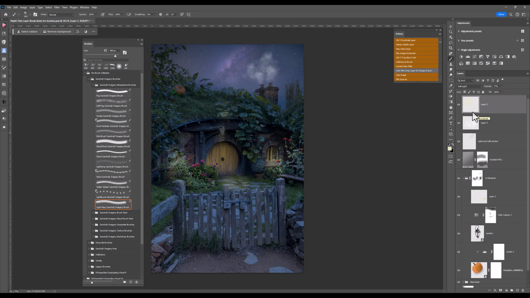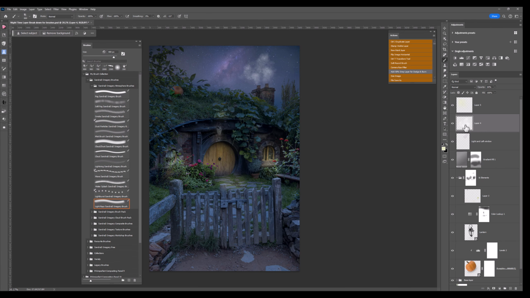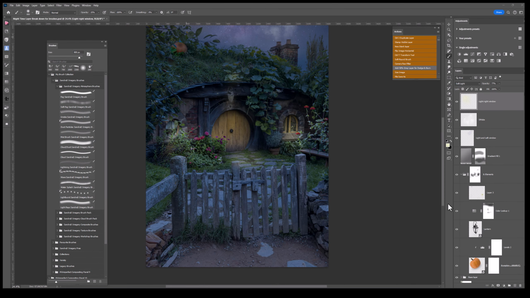So I'm going to go back down to layer 4 and click on it. And I'm going to drop the opacity even further down so it's very subtle. Now I'm thinking, I'm working with this, I can actually do more. Now before I start playing a little bit more with adding light and using Photoshop brushes, I'll just come over